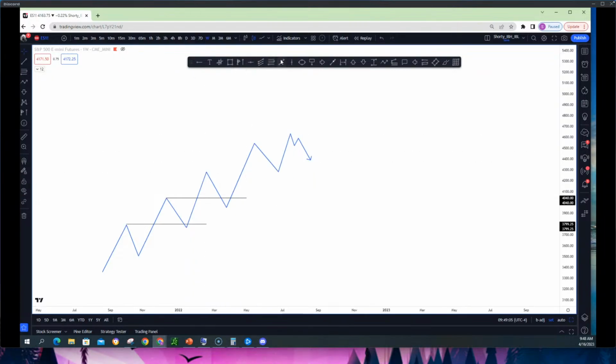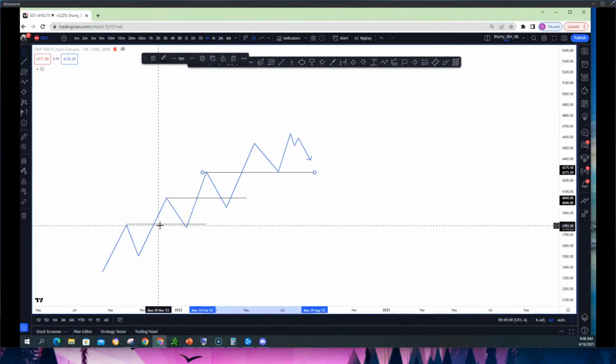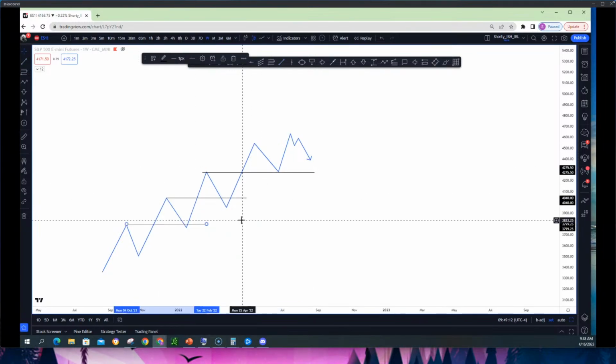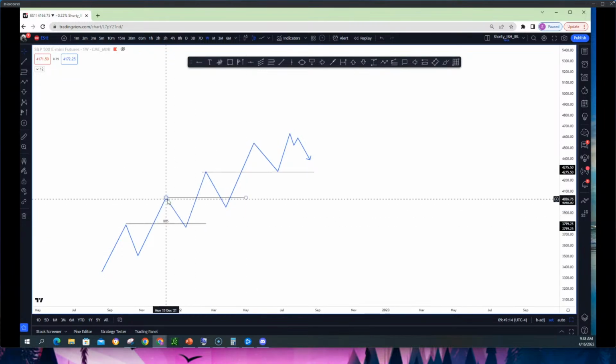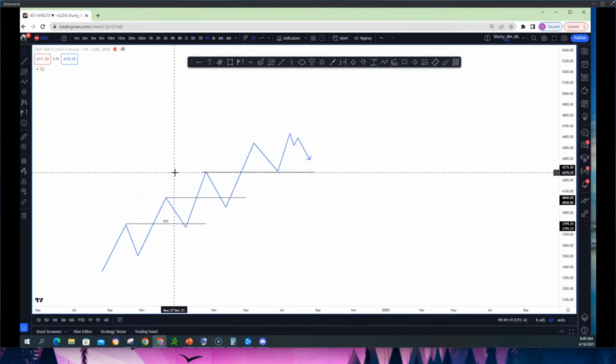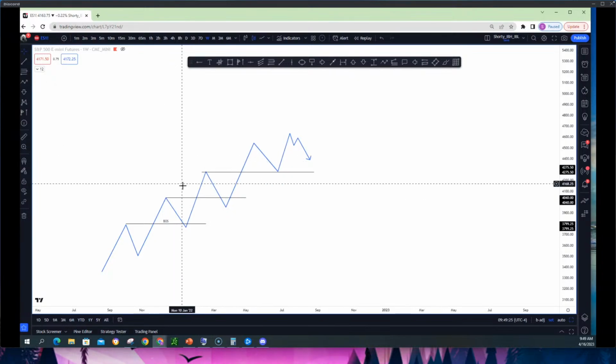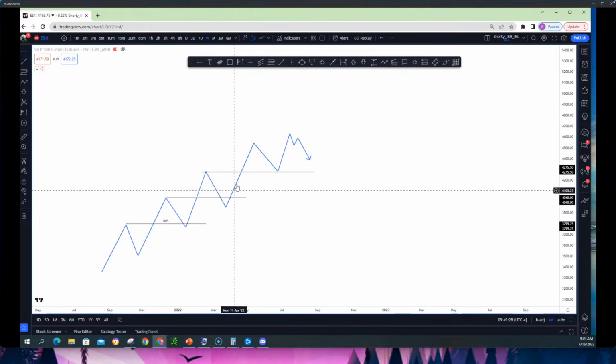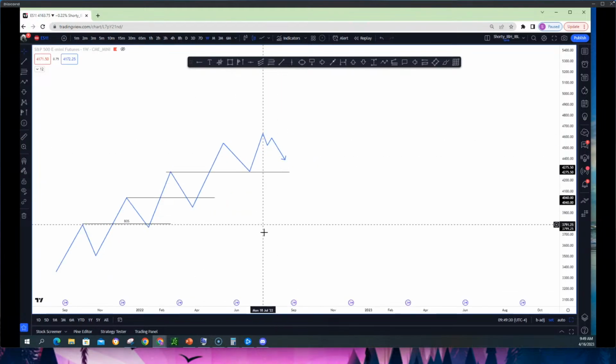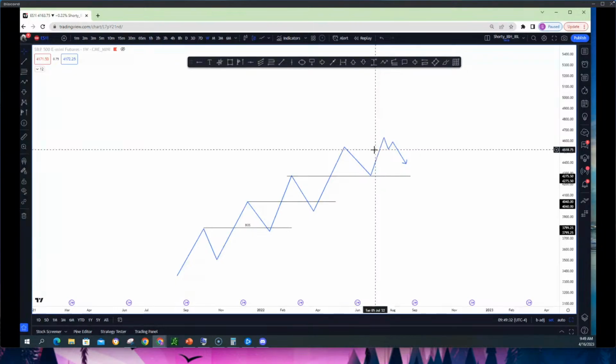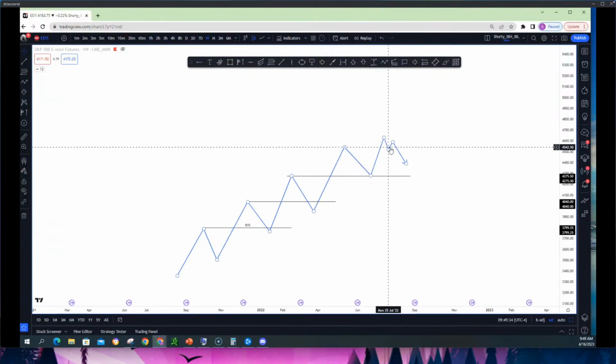If I can click, that'd be great. Here you're breaking the structure. So this is your BOS, as I call it, right? Just for here's your structure break. You're breaking higher, and this is all price action terminology. Some people call it, the ICT calls it the market structure break. Sure, there's just a different name for break of structure, break of highs. You break this high, you come back, and then there's something that's happening here. And what's happening is that you put in a high, you put in a higher low, but now you have a lower high and a lower low.